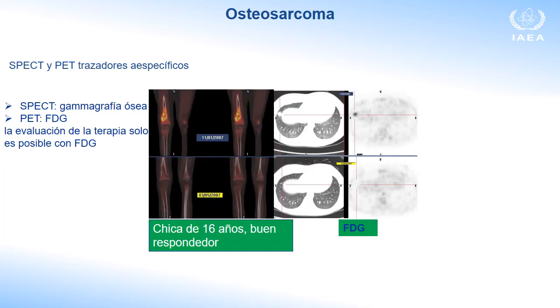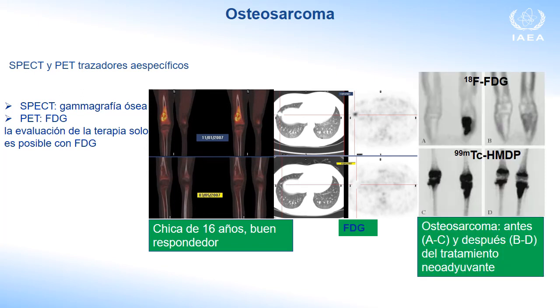Of course, what we are looking for is osteosarcoma with specific SPECT and PET tracers. SPECT is the bone scan and PET is FDG, but also fluorine. If we look at this case with FDG, is a child of 16 years old, good responder. If we look at the bone scan performed in January compared to May, we have a complete disappearance of the signal. The same patient,